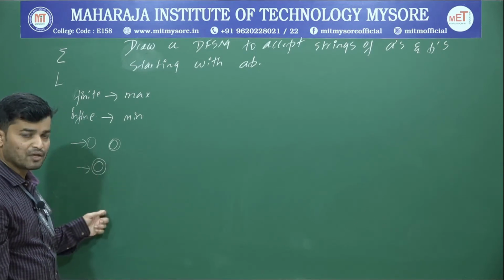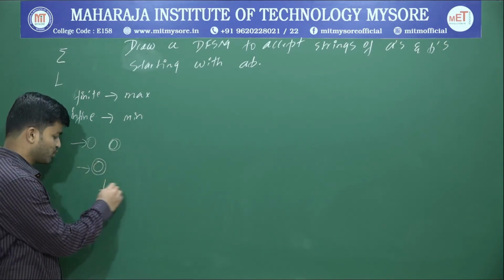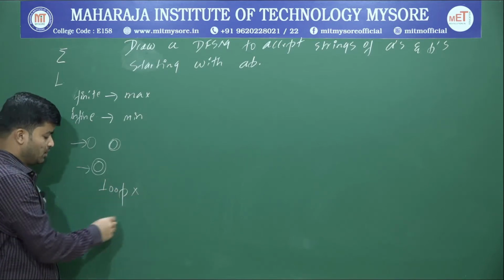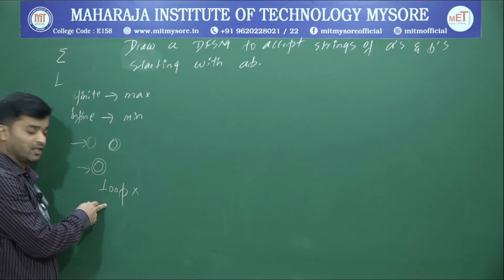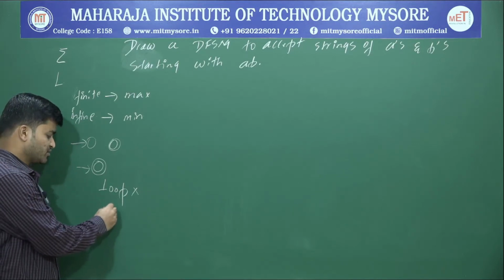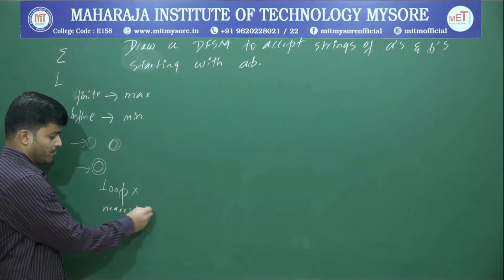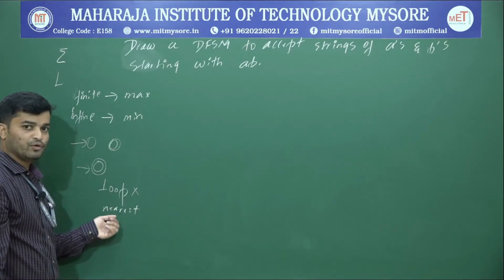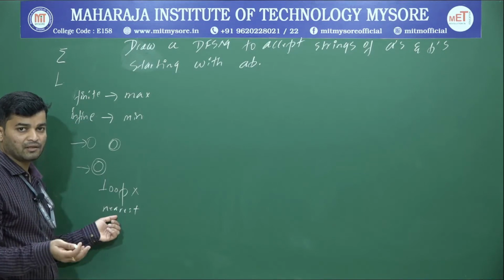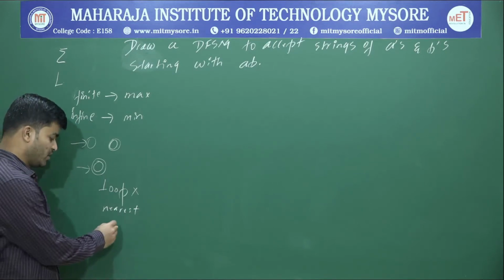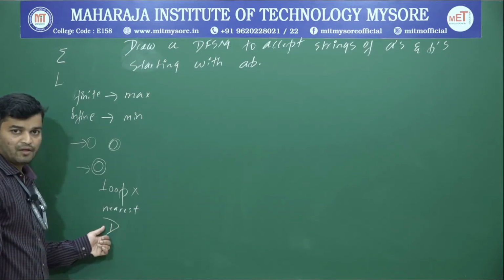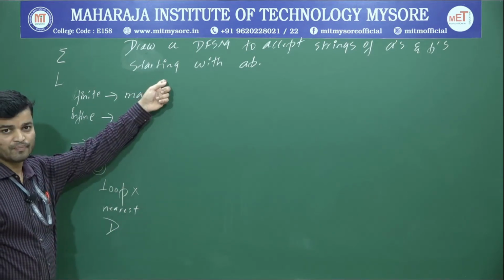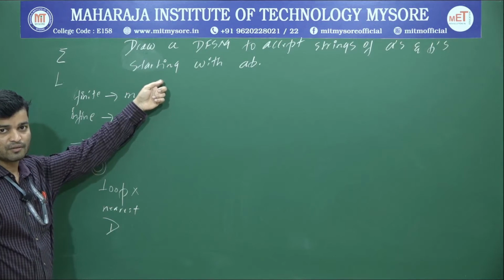After that, build the muscle. While building it, first give preference to a loop. If a loop is not possible, try to connect to the next immediate, nearest state. If looping and connecting to the nearest state are both not possible, then finally go with the dead state. If you follow this, you can construct a DFA for any problem without any mistake.